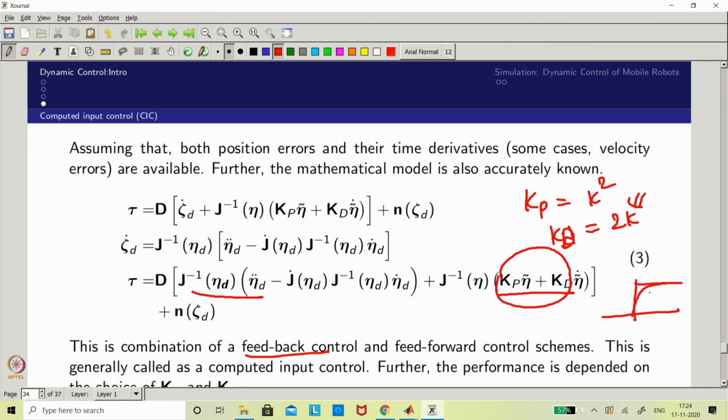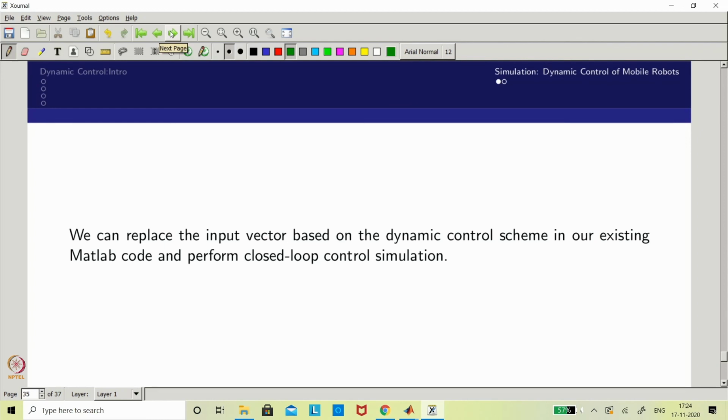Based on the k value, the rise time would decrease or increase. If you increase k towards infinity, this rise time would be shorter, in the sense it would become faster. So it may be faster like this, okay. So now you can try to do the simulation yourself and get to understand. That is what I am asking you to do.